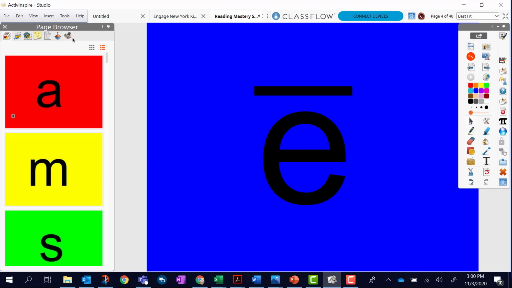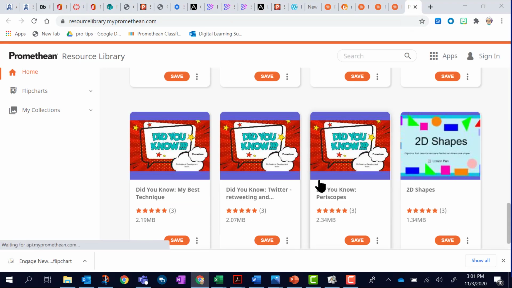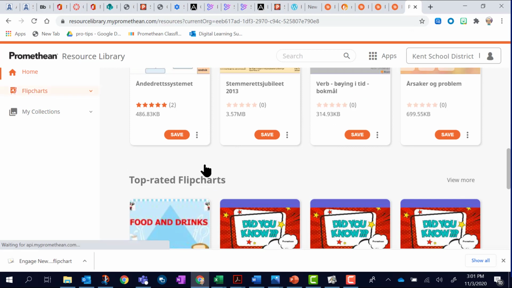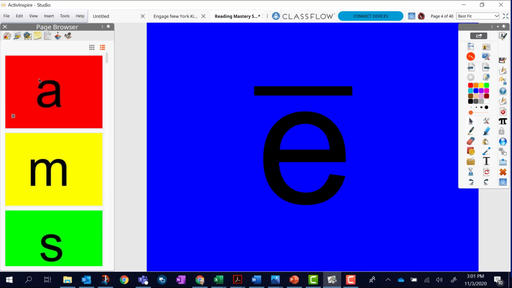Again, to get there from my ActivInspire Studio, I can click on the help and go to resource library, and it opens up to thousands of resources here in my Flipcharts on resourcelibrary.mypromethean.com. I hope you found that useful for you and that you can find oodles of already created flip charts